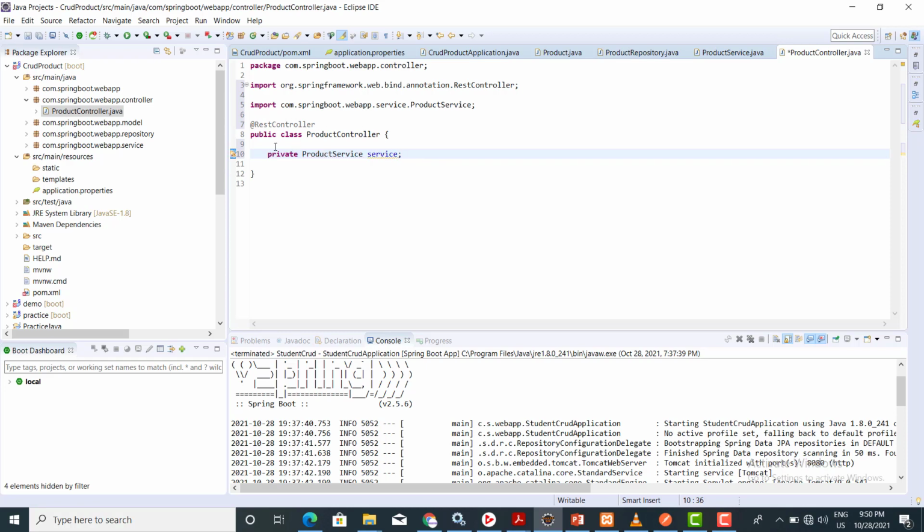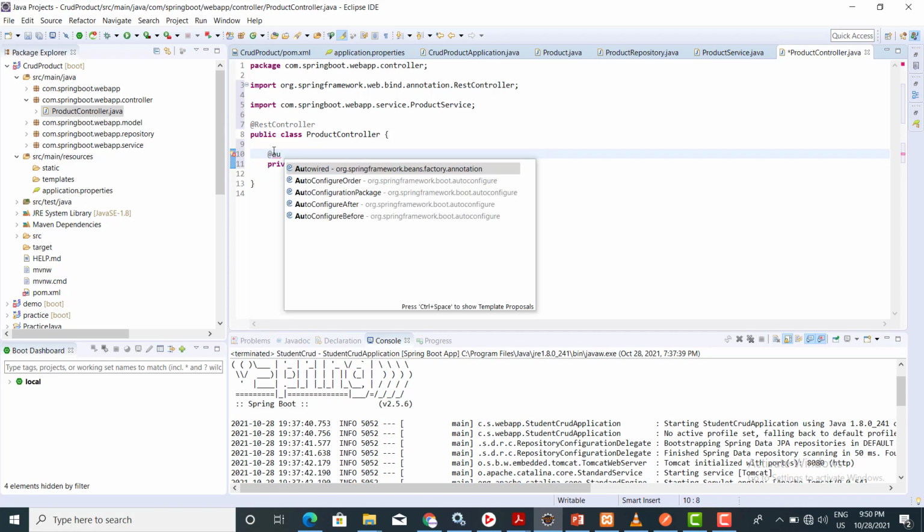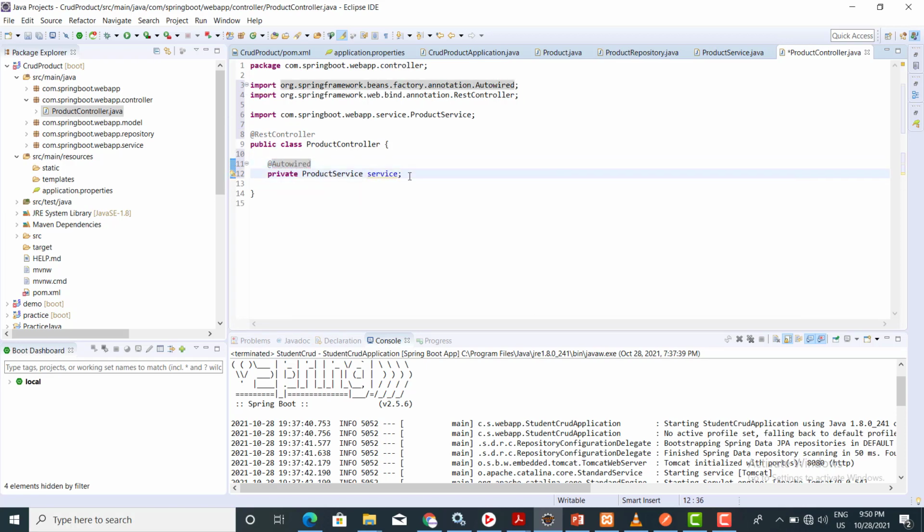So at runtime the dependency should be injected. So I am making it Autowired. I am writing a single function to save a record. So public product add product.